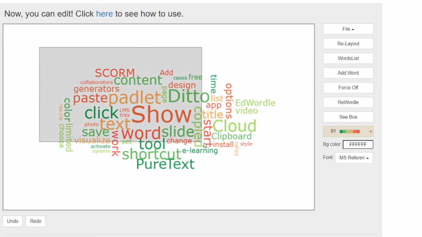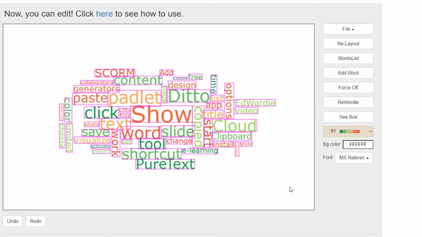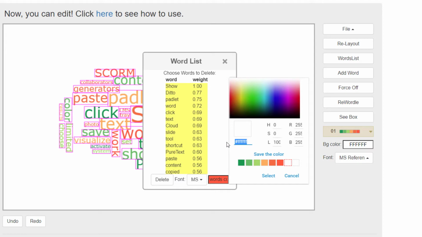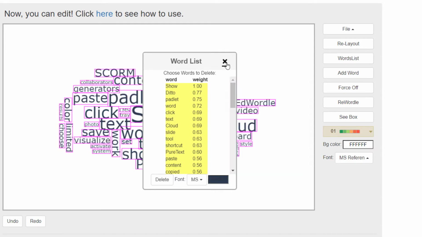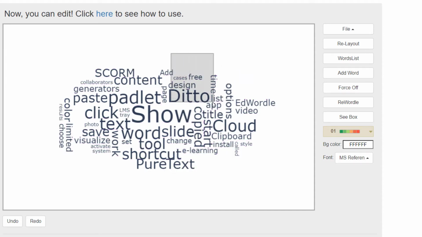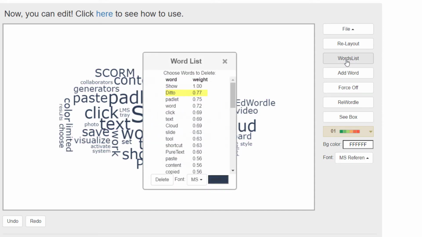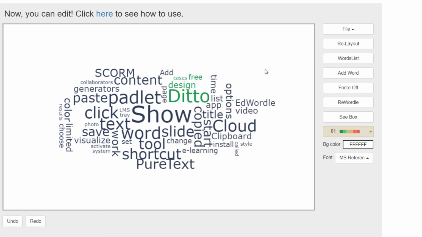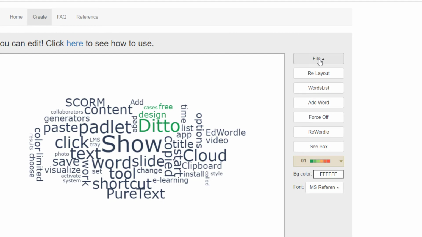If you want all of your words to be in one color, mark all words, click on Words List, click on the color code, and now you have many ways to choose the color, like entering hex or RGB codes. You could also assign different colored areas this way. To save the cloud, click on File and Save Image. Notice that you can save your edit data as well and load it again later in case you need to change something.